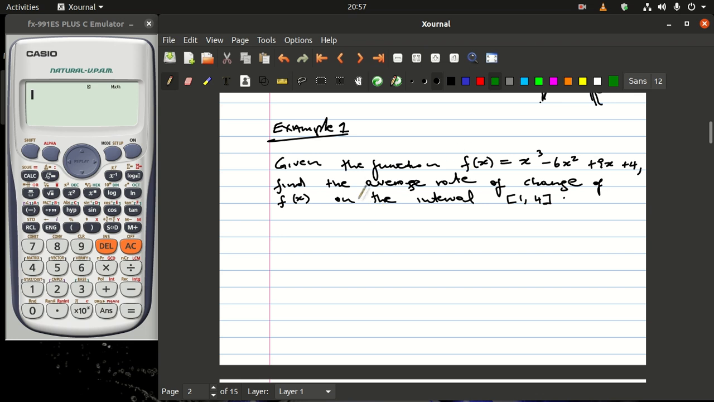The first example is saying, given the function f of x is equal to x cubed minus 6x squared plus 9x plus 4, find the average rate of change of the function on the interval. So we have some function, we don't know how to plot it, but one thing that we know of is that whenever you have your x1 equal to 1 and your x2 equal to 4, one thing for sure is that